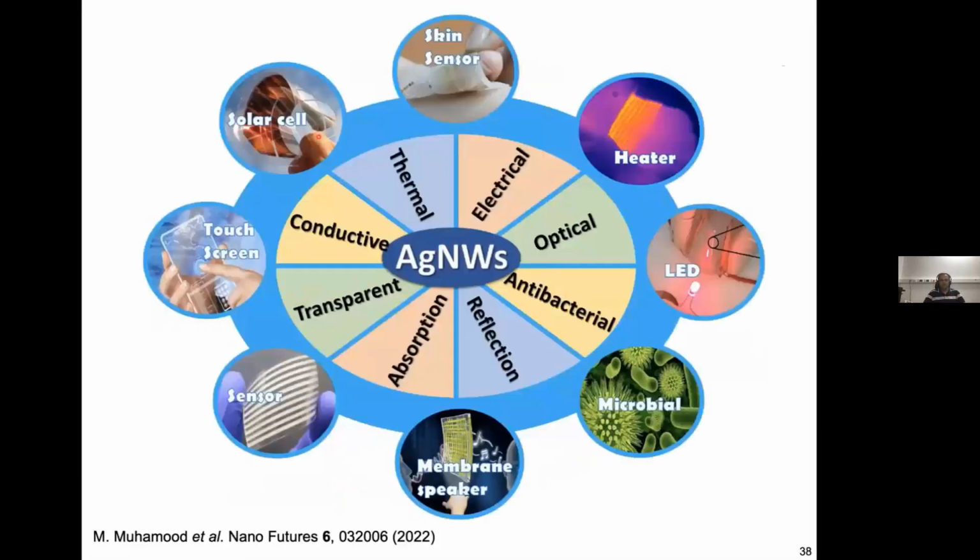So hopefully through this talk, I'm able to convince you that silver nanowires have a wide variety of properties, and these properties lend themselves to applications in a variety of areas. One of the things I didn't really talk about is that nanowires also have antibacterial properties. So they can even be some interesting bio applications, but that's an area that we haven't really tapped into.